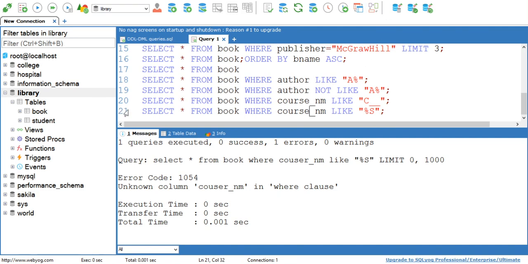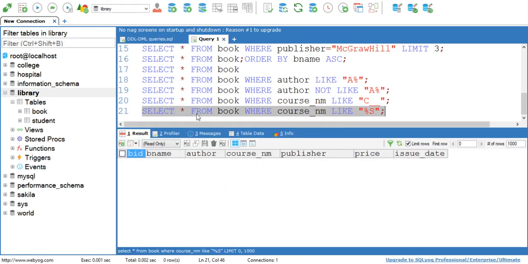My query is select star from book where course name like '%s'.